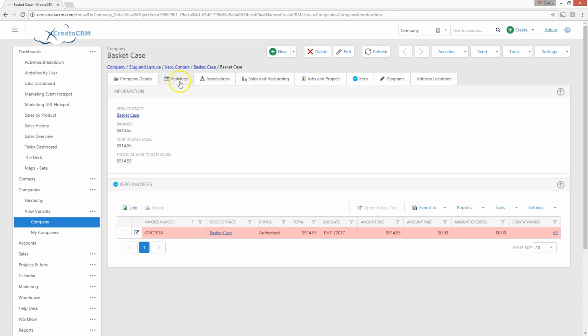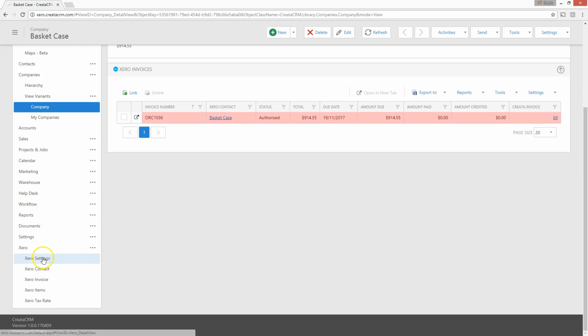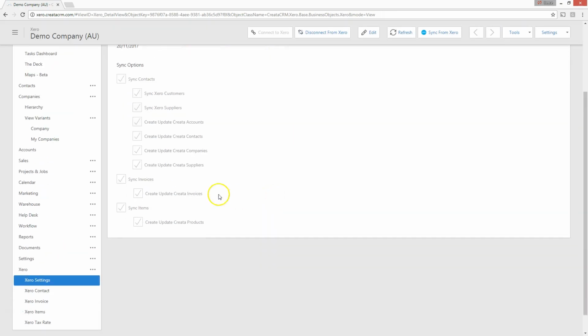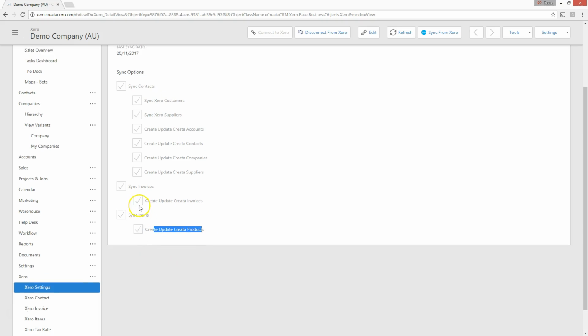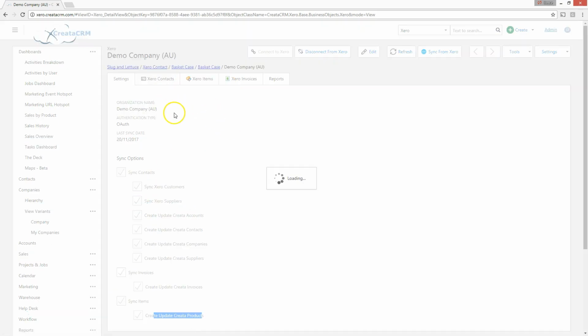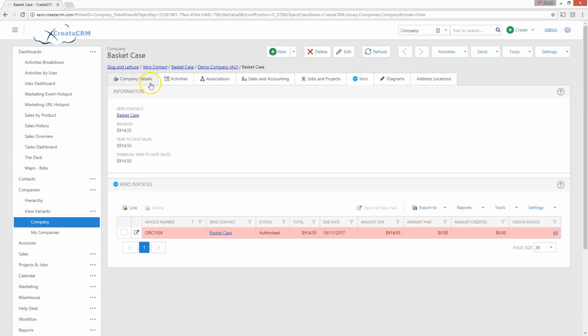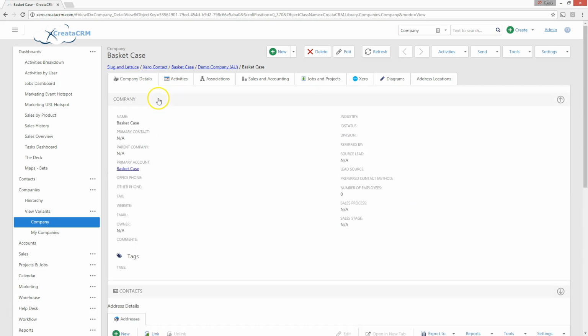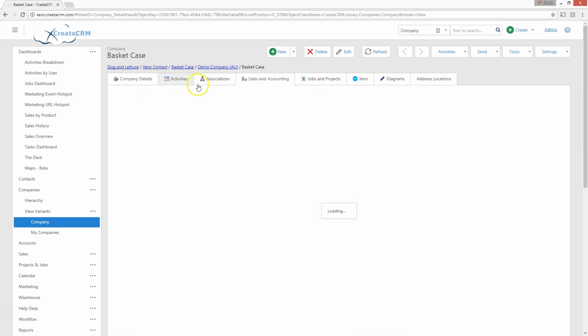Inside Creator, we have the facilities to sync all the data across. In the settings section over here, we can sync all the contacts, but also their buying habits are synced inside of Creator, which is the items themselves. So when you look at a customer, you not only get the CRM side of the fence, which is their calls, emails, jobs, sales forecasting and lead management,